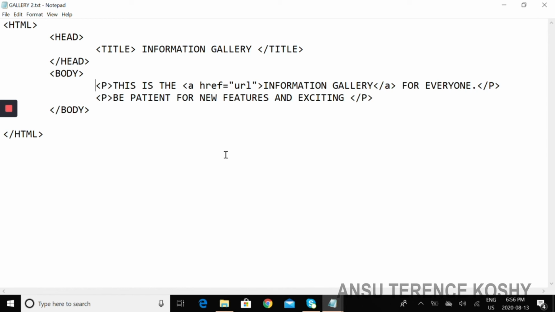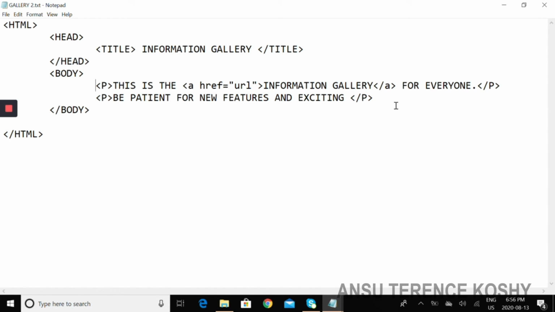Now, what is a hyperlink? A hyperlink is a link that appears on the page. When you click on it, it helps you to move from that page to another page where the resource is being provided. So, you can give the name of the URL here and you can place it in between the a href and a tag. You will be able to get a hyperlink on your web page.